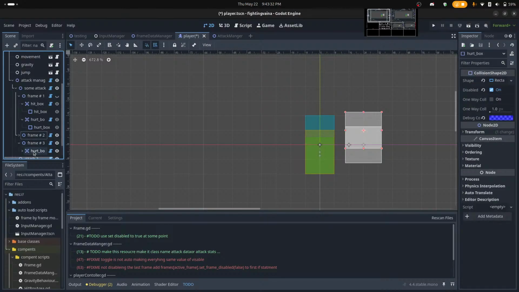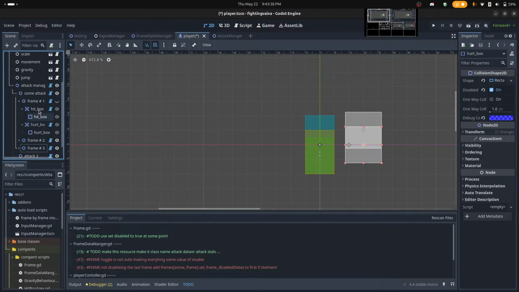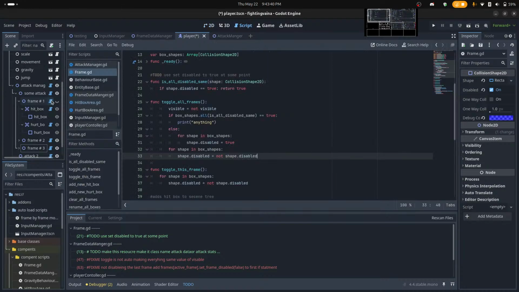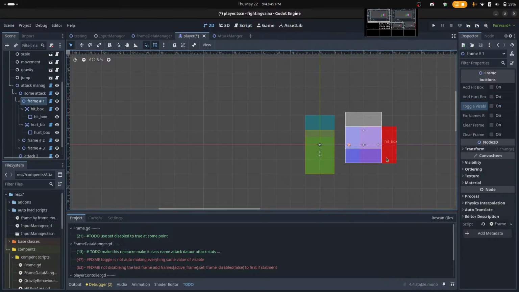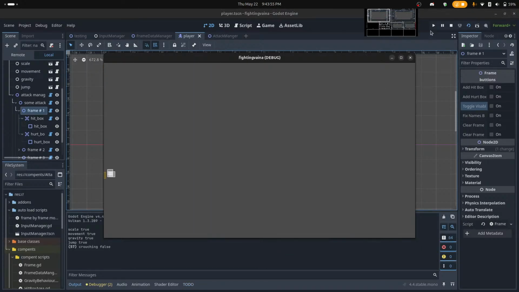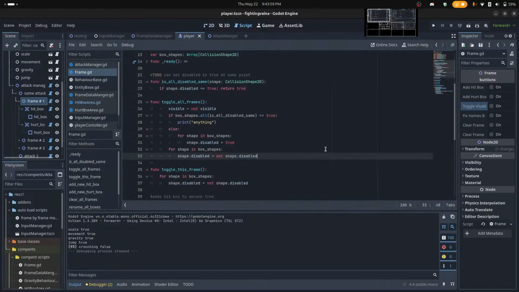Yep, disabled as well. So now they are enabled and visible. If I run the script on ready, they should disable. Yep. Okay. So then in the script,